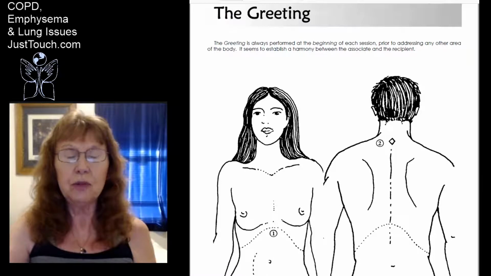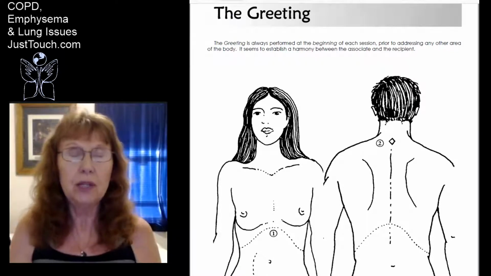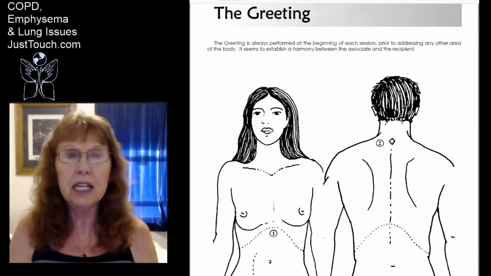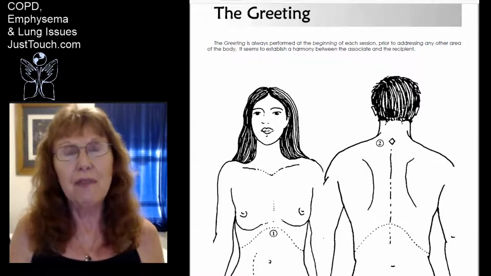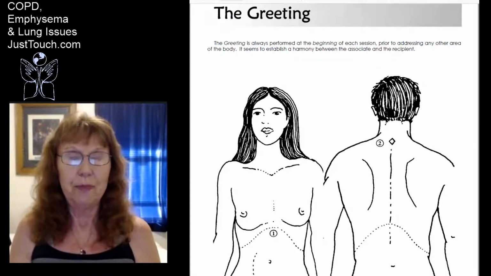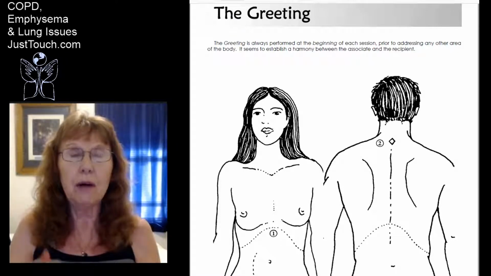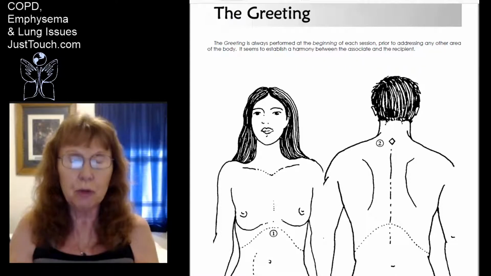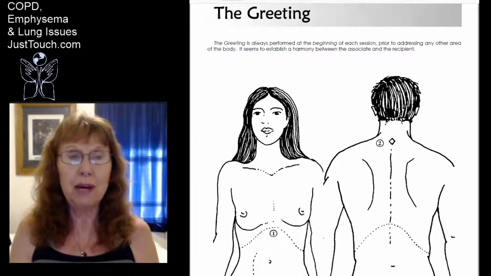Let's begin to learn the sets of points that you can use to help somebody with COPD, emphysema, any respiratory condition. So we have what we call the greeting. This is a must before you do anything else. It puts the person that is performing BioTouch, we call that person the associate, and the recipient, the one that is receiving BioTouch,